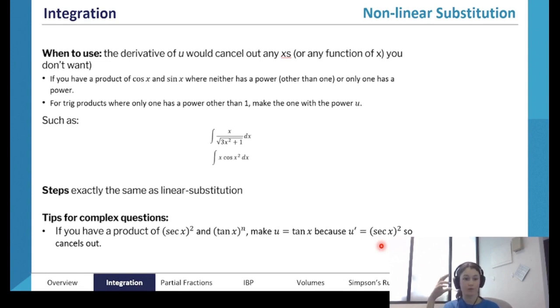The whole point of these complex tips that I had for you guys is just kind of instances where if you have like the product of a function with its derivative, then obviously you're going to let the original function equal u. It's just recognizing those patterns of when you have a function and the derivative of that function is similar or the same as the other function that you don't want. Okay,